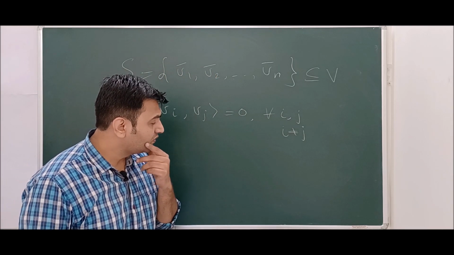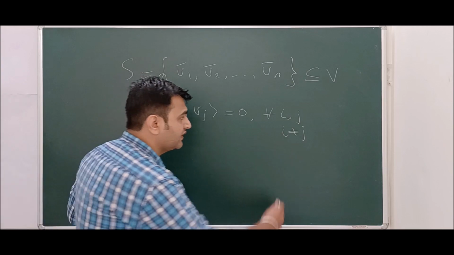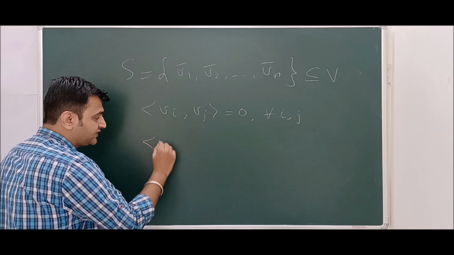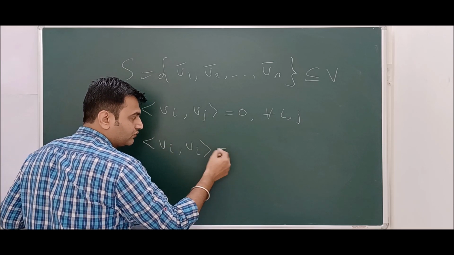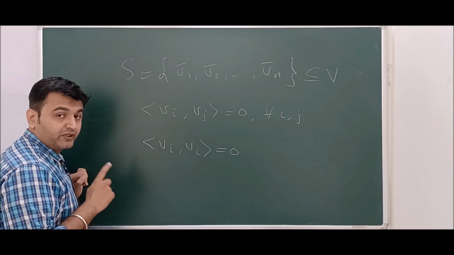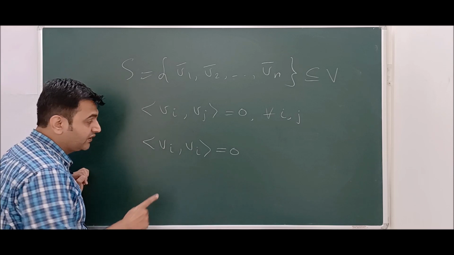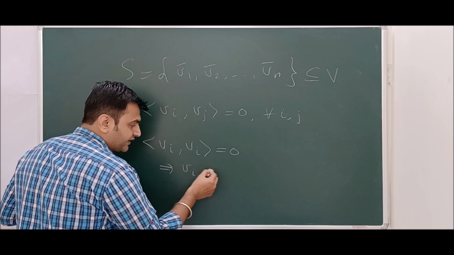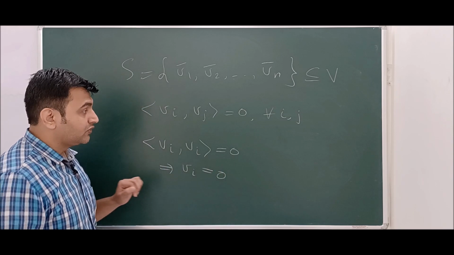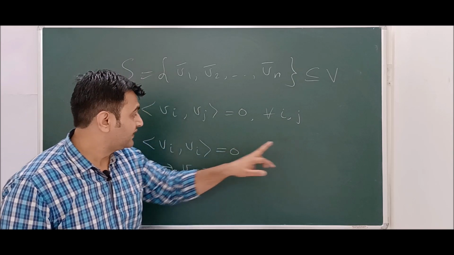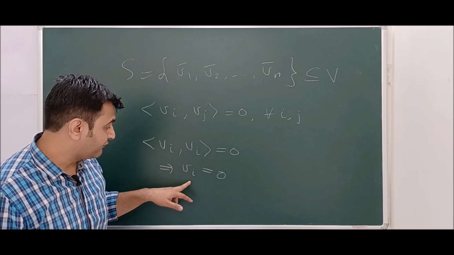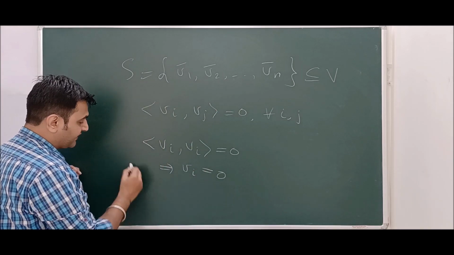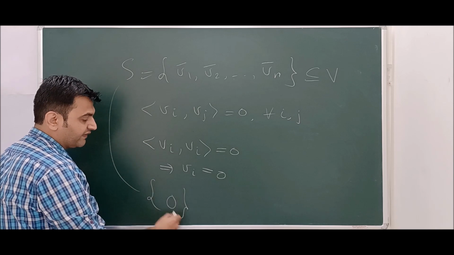Okay. Now, why am I writing i not equal to j? What if I write only this much? Then the problem is, when my i is equal to j, I have the inner product of Vi with Vi equal to 0. But by the positive definite property of the inner product, if the inner product of Vi comma Vi is 0, this implies the vector has to be 0. So if I don't write i not equal to j, then this is 0 when i is equal to j, and what I get is that the vector is 0. Therefore all the vectors will be 0, and in that case my S will be the singleton 0 vector.